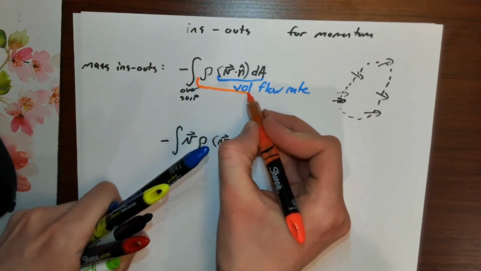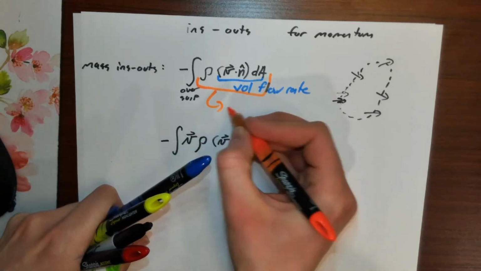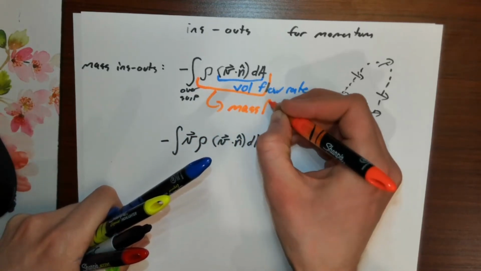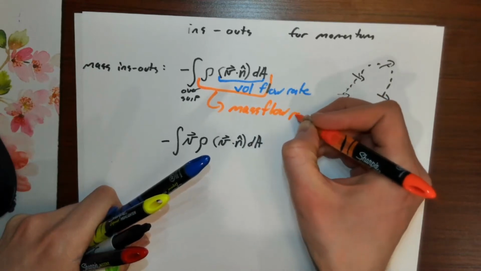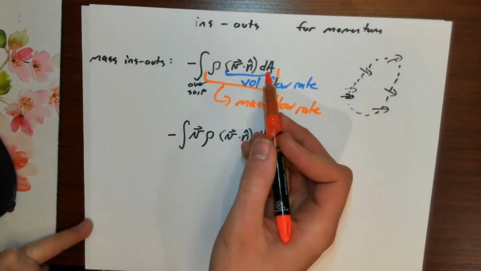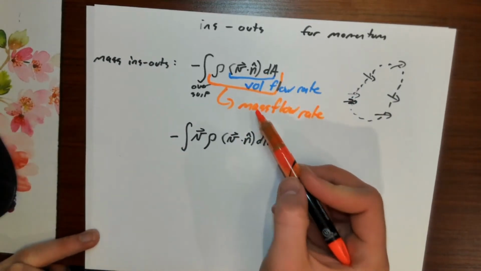If I multiply that by density, then that converts a volumetric flow rate to a mass flow rate. If I take this quantity and put another factor of v out front,